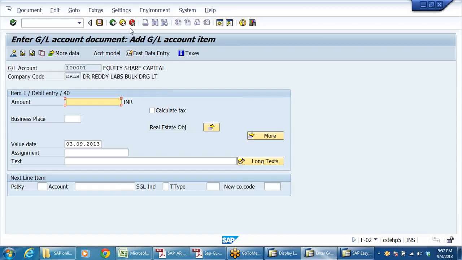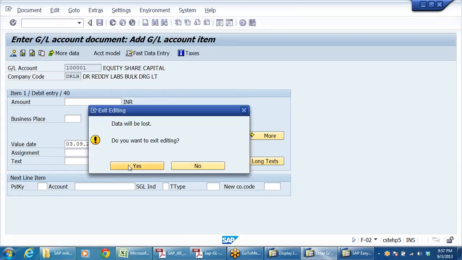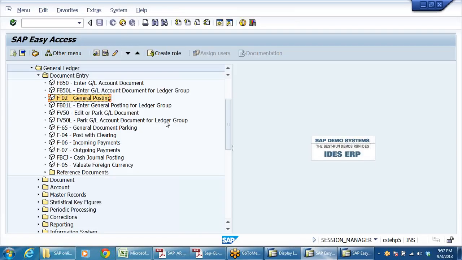See, now it is opening. So like this, we can block a particular GL account. This is definitely used by almost every company. What we do is block certain particular GL accounts, especially equity share capital. All these accounts are used only periodically, once in a blue moon. So at the time of using, only that account is opened, and when entries are to be posted, we'll post them, and again we'll block it.